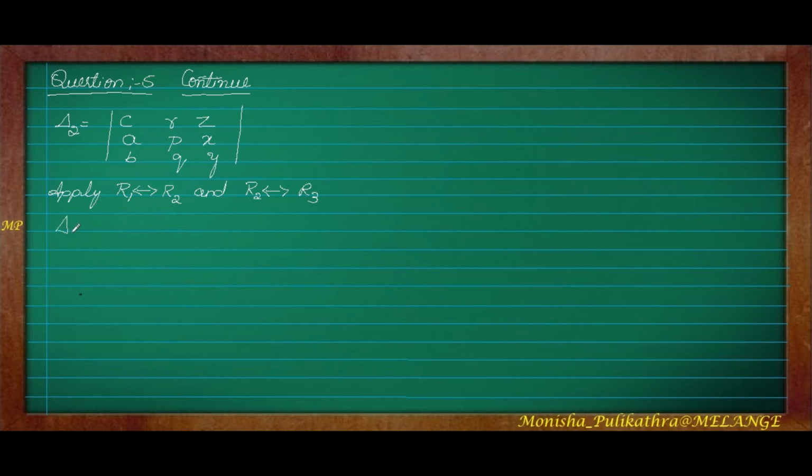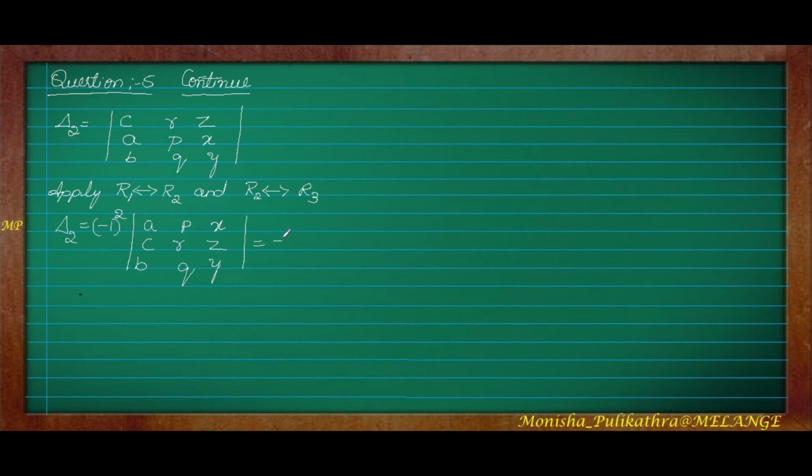Here what I will do is, as I have already told you, when you are interchanging a row you have to multiply with minus 1 also. But here we are interchanging two times. First R1 to R2 we are interchanging, so APX from R2 will come here and CRZ will come here, BQY as it is. You need to do it in one shot itself. You should not take another row, because minus 1 square will come.